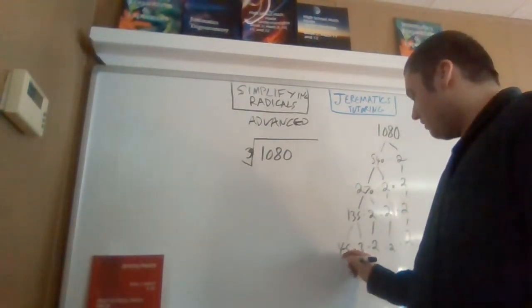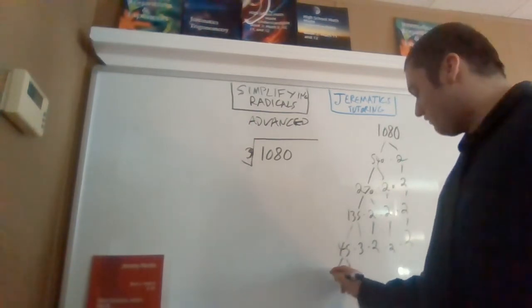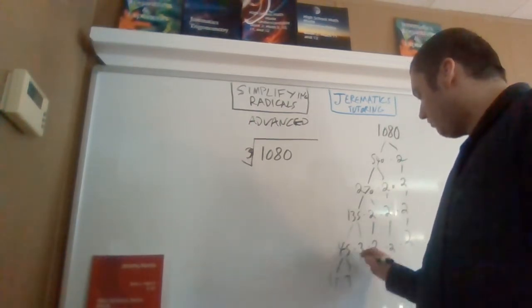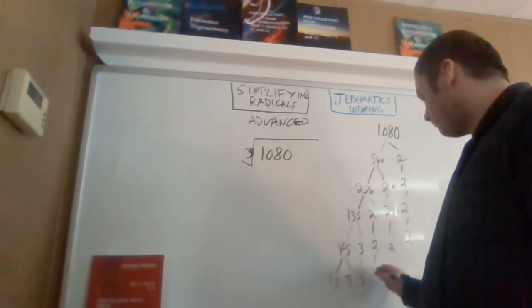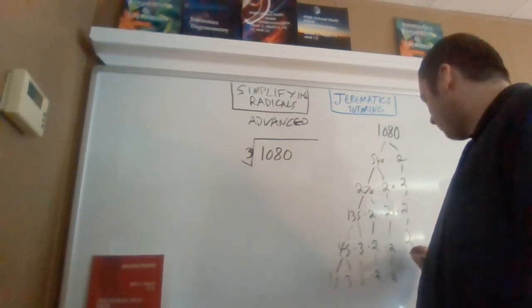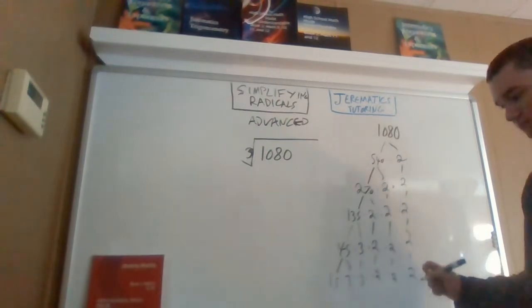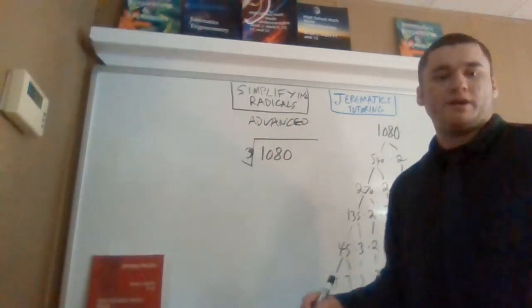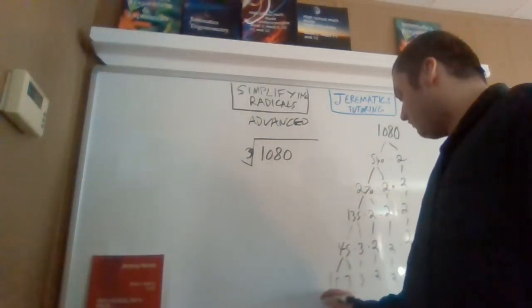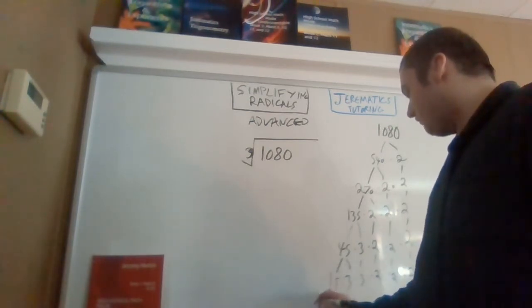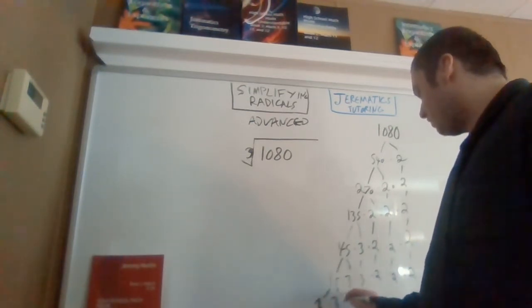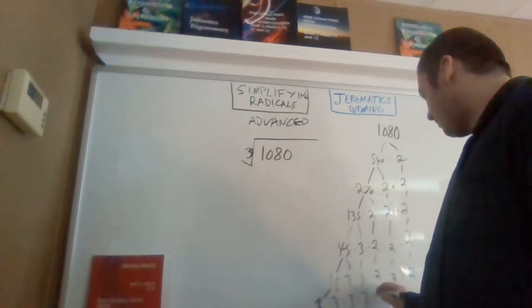45, can we divide this by 3? Yes, we sure can. This gives us 15 times 3. We bring down all the branches to connect them. 15 times 3 times 3 times 2 times 2 times 2. What's 15 divided by 3? It's 3 times 5. So at the end of all of this, we get 5 times 3 times 3 times 3 times 2 times